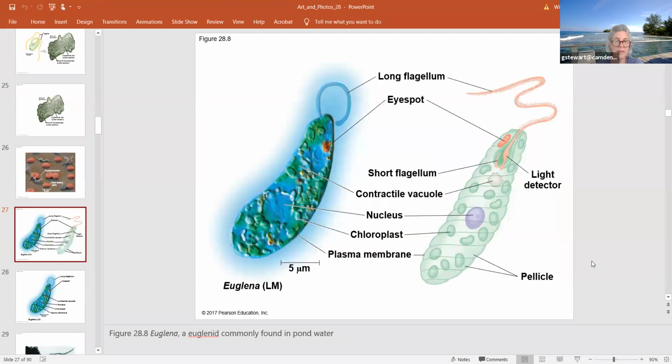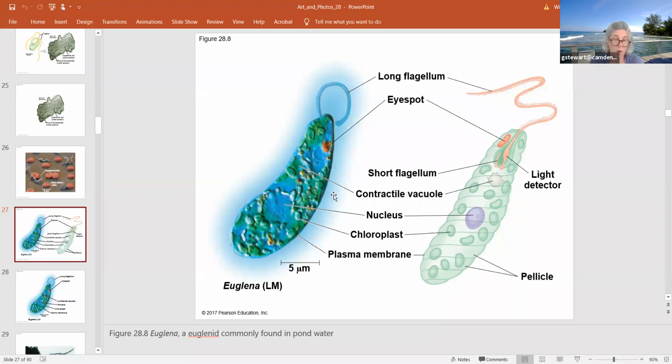So let's take a look at euglena, because this is commonly found in pond water, and you've probably looked at this under a microscope at some time in your life. Single cell, right? One of the interesting things about the euglena is they do have fully formed chloroplasts, which you can see highlighted there. They have both